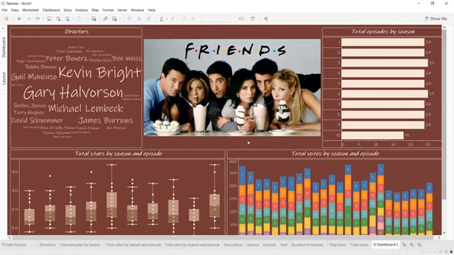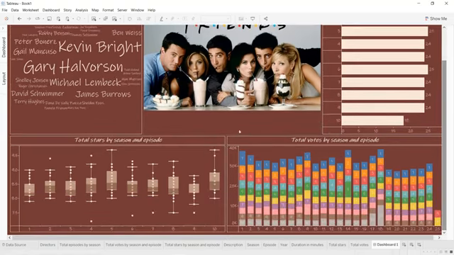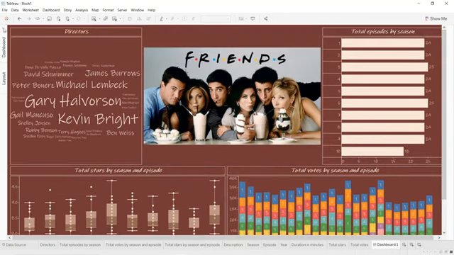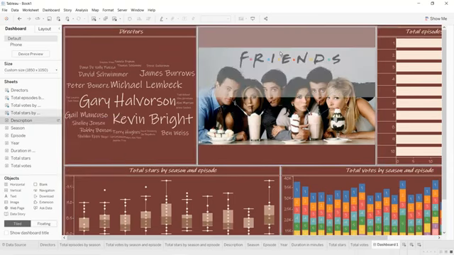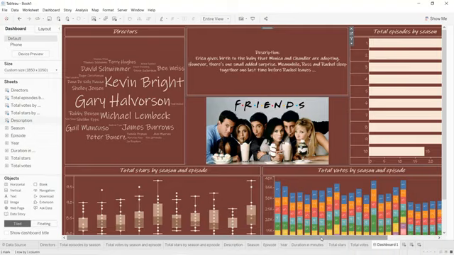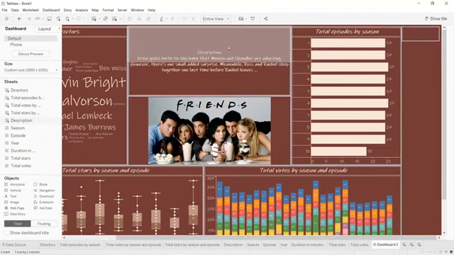OK, now I'm going to add our text sheets. So start from description, put it in here, we hide the title, and for the filter we put it in here,